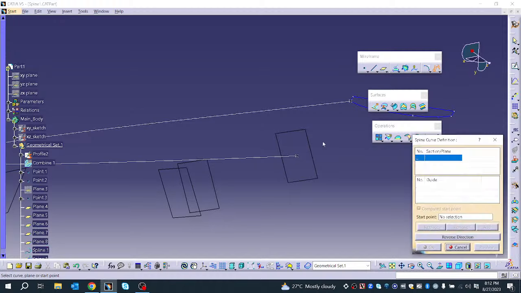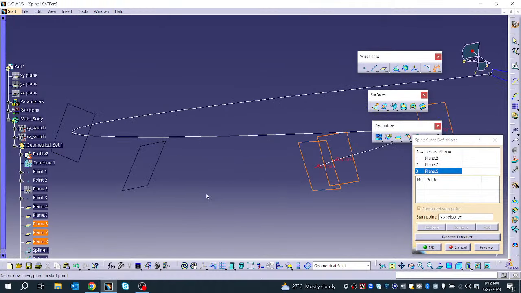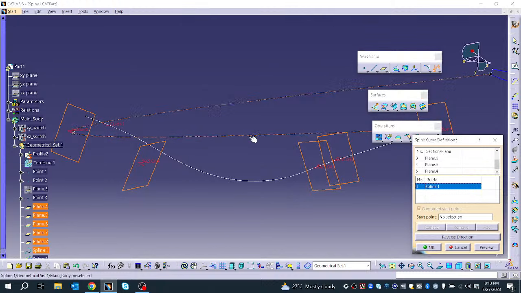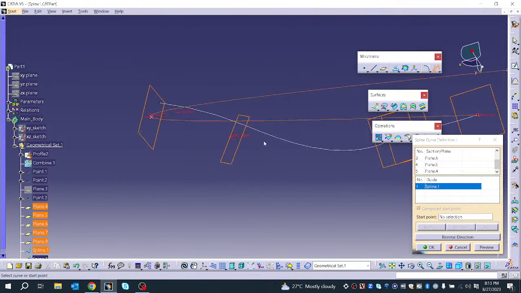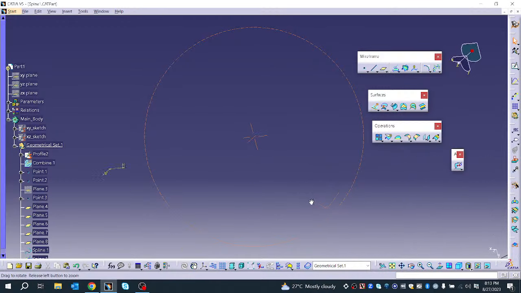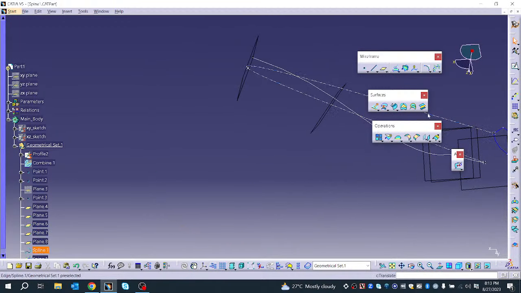by using this plane, first one, second one, third one, fourth, fifth. By using these points we can create the spline, and here you can give the guide curve, and with respect to this guide the spline is created, okay. Then the next one is your